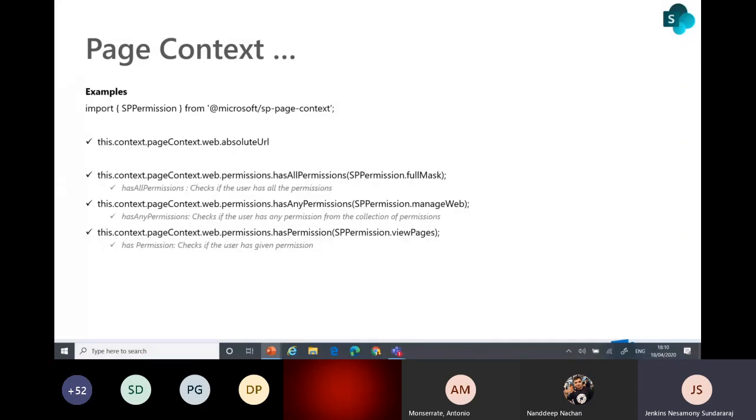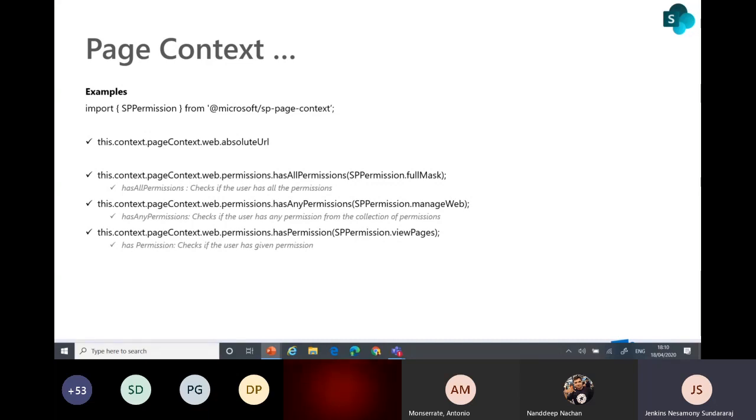We can use the page context web permissions. We can check permissions using hasAllPermissions, and hasAnyPermissions to check if the user has any permission from the collection of permissions, right? And if you have the given permission, like view page, or you have read permission, we can test for that.